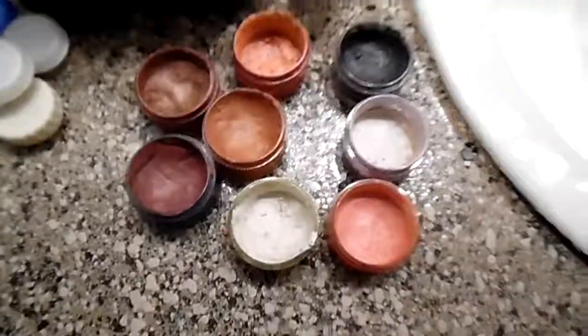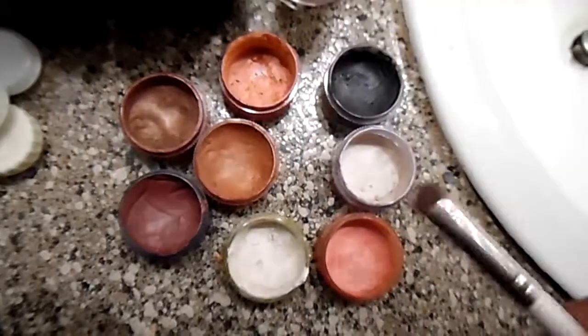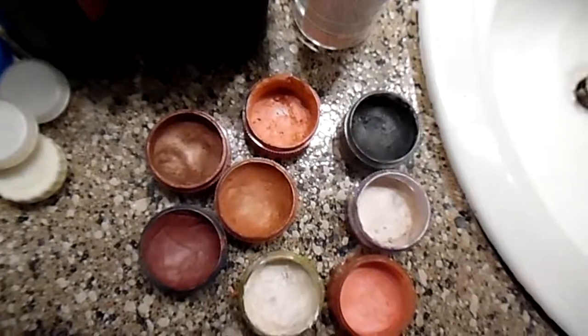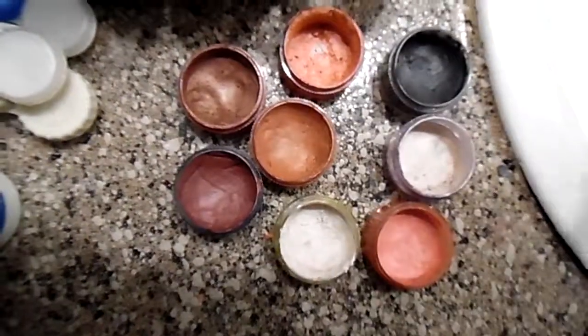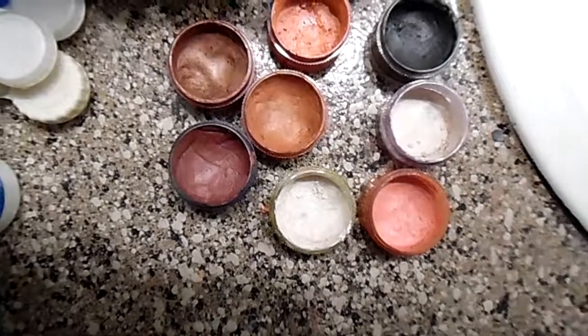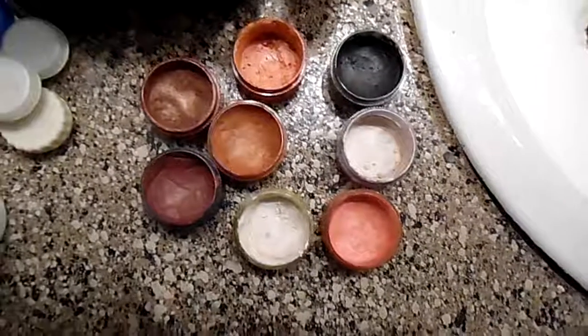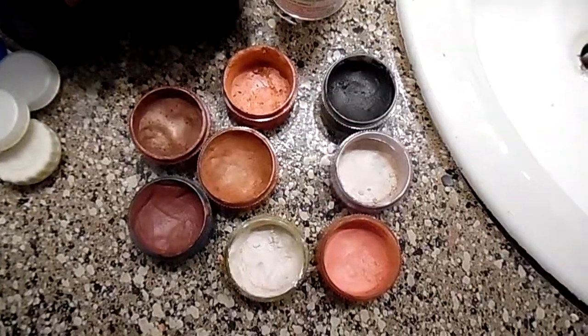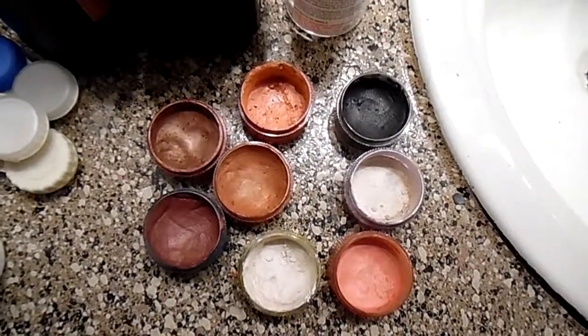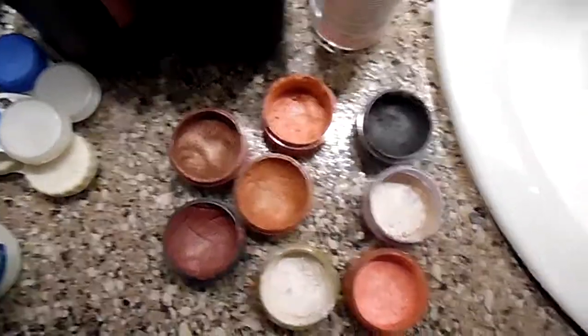Very nice with the colors, so I'm gonna go back and do more pigment. Now I don't buy these from any major Google search. Like if you search how to make eyeshadow, they got these companies that'll have you purchase pre-made pigments or anything like that. I actually make my pigments from scratch,